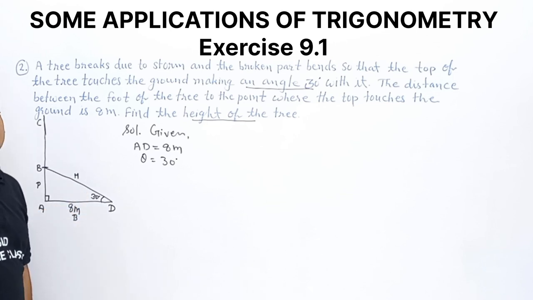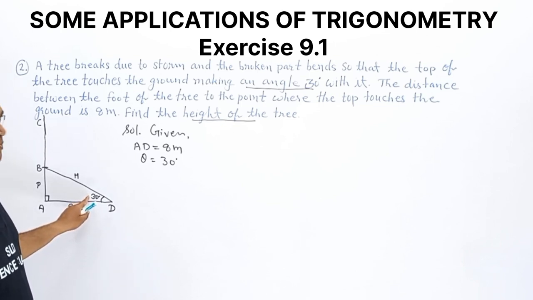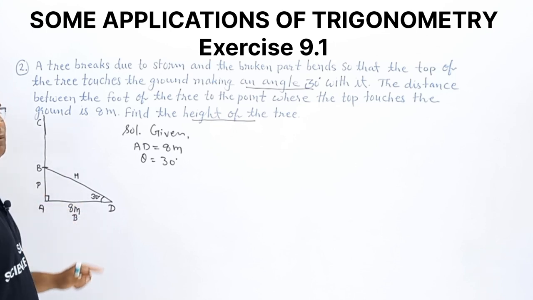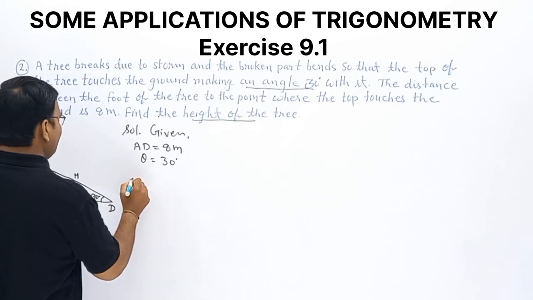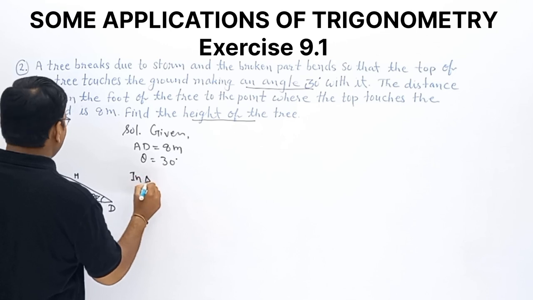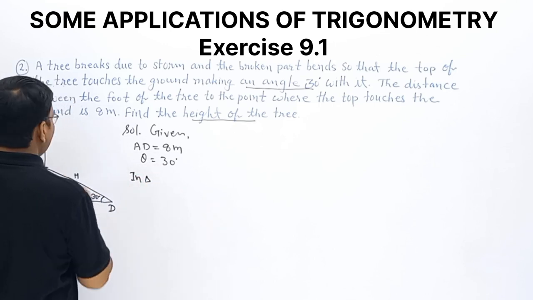So in the right triangle we are having one side and an angle. It means we can use trigonometric ratios. Why? Because we are having a specific angle, 30 degree. So with one angle and one side of a right triangle, we can find the remaining sides. How? We know that in triangle ADB,